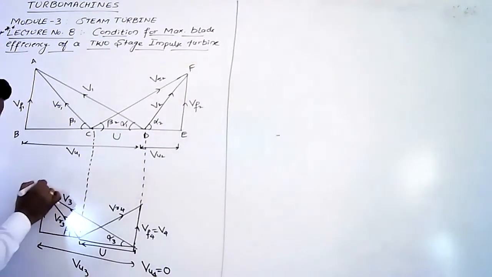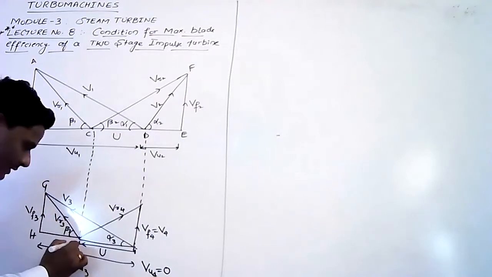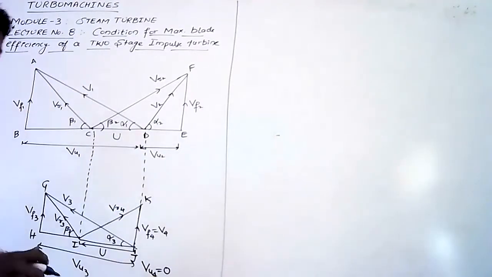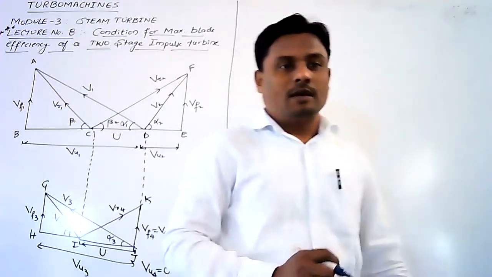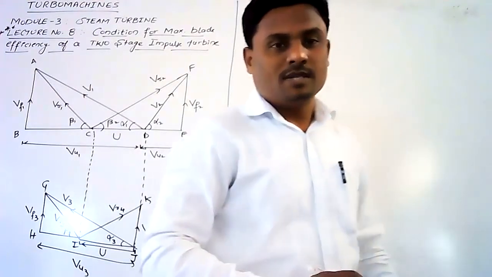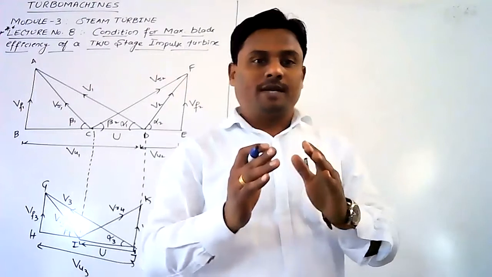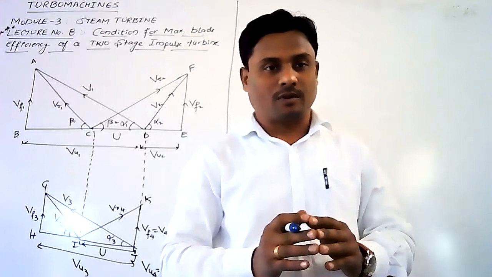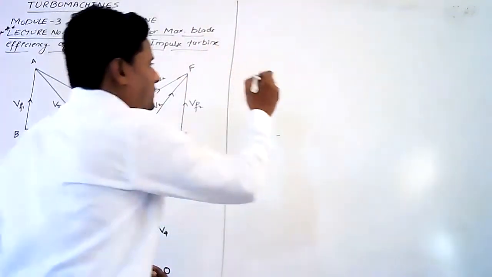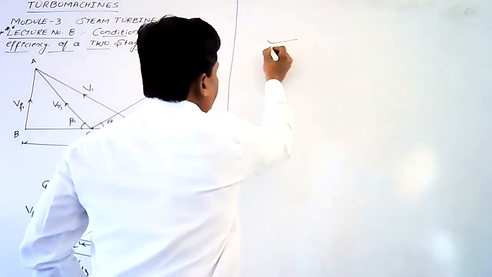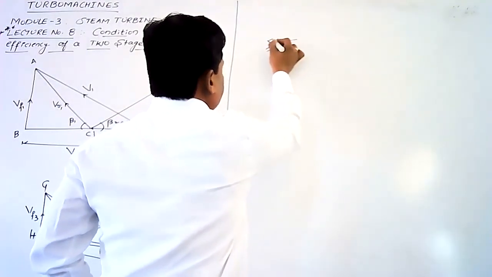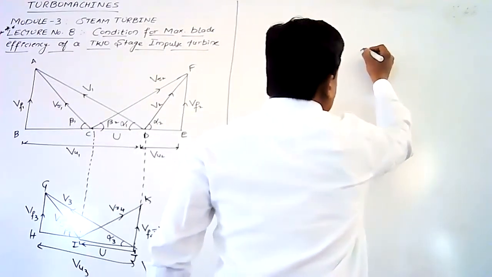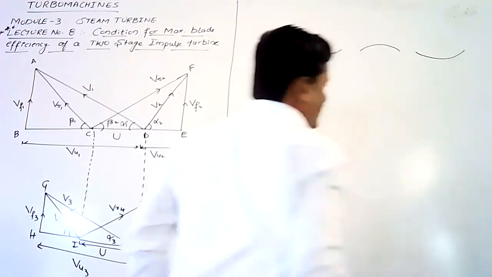So F, this is G, H, I, J, and lastly here is K. Before proceeding to the solution, let us make some assumptions. Assumptions in the sense that the moving blades are equiangular in nature and the fixed blades are also equiangular in nature. Okay, so just observe this figure carefully. This is a set of nozzles in the first stage, followed by the first set of moving blades. Next, we have the set of moving blades. This is a row of fixed blades, and lastly we have the set of moving blades here.